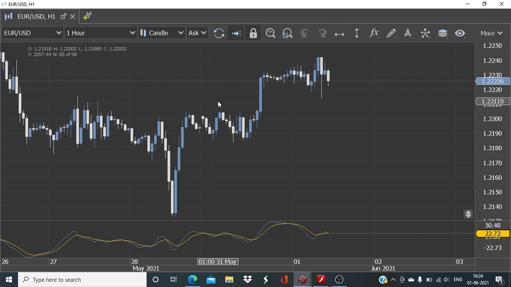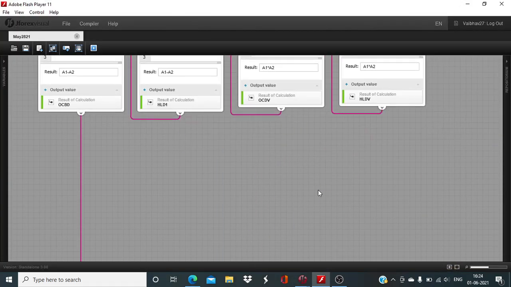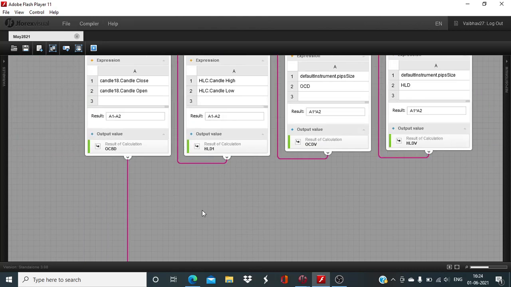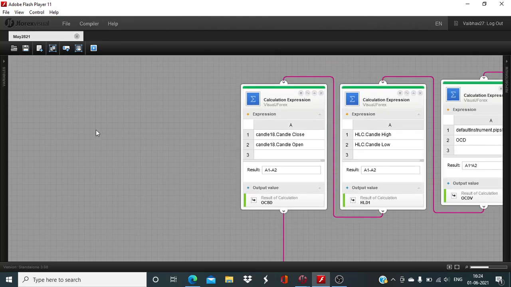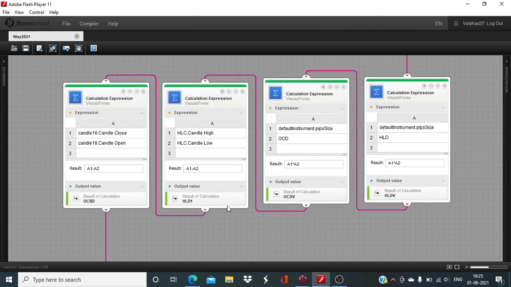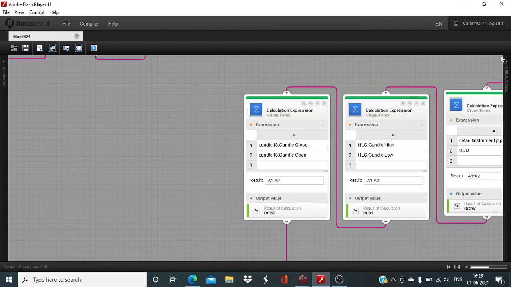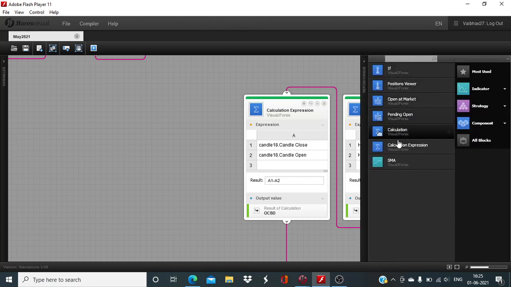This time around we will need to deduct the closing price from the opening price, as the closing price will be lower compared to the opening price, and only then the trade should take place. So one new calculation needs to be carried out. Apart from that, all these three values will be useful while defining the conditions for the sell side also. So I will take this calculation expression raw block,